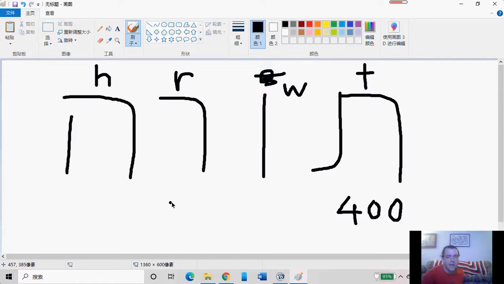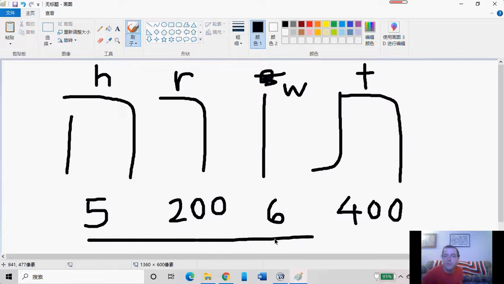And this letter has a value of 200. And this is the word for Torah, which we will get to later. And so you have the number here valued at 6, and the number here valued at 5. Add them all up, you get 611. And so this is gematria. This is absolutely 100%